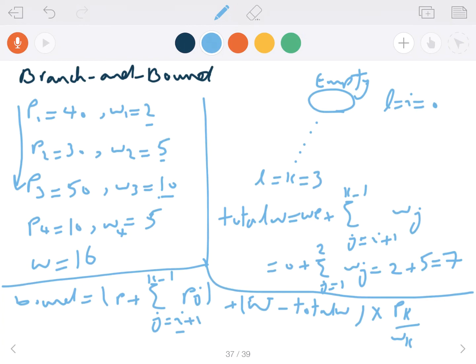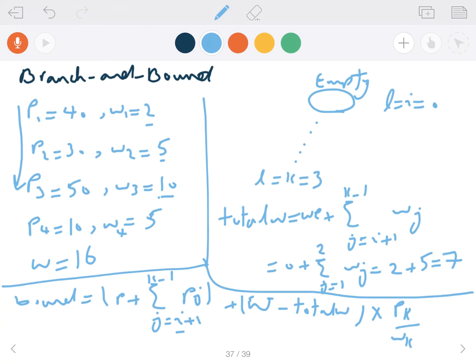The reason that we are not including k is because the total weight would be more than the limitation of the weight. Plus we have the total weight minus the total weight that we are calculating so far, multiplied by the ratio of this item that cannot be included